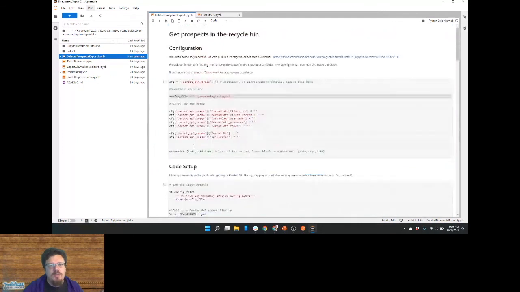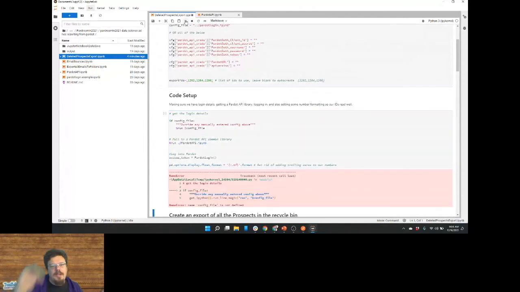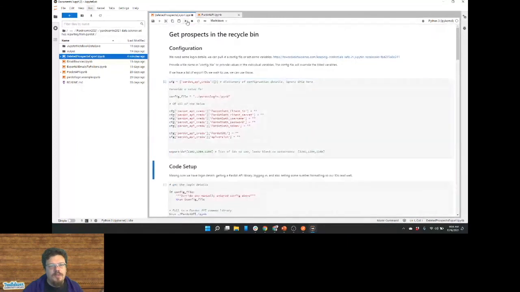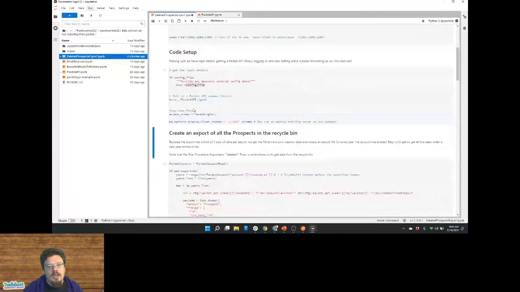So if we wanted to run this, I've got that login. I want to run this code setup, so I'm pushing the little run button up here, and that runs the code step by step. The config file has not been run, so I need to run this one. Because the error said the config file is not defined, and the config file is defined up here, that means it wasn't run. So now I want to run this block, and now I can run this block.